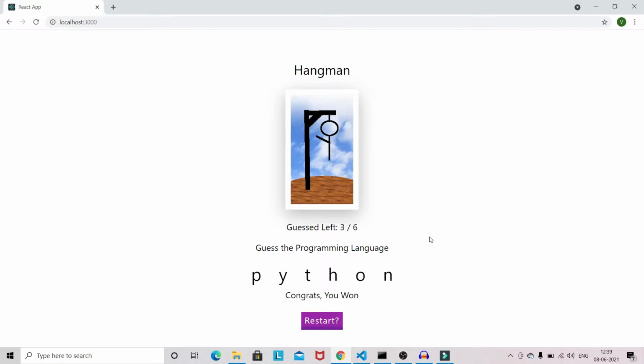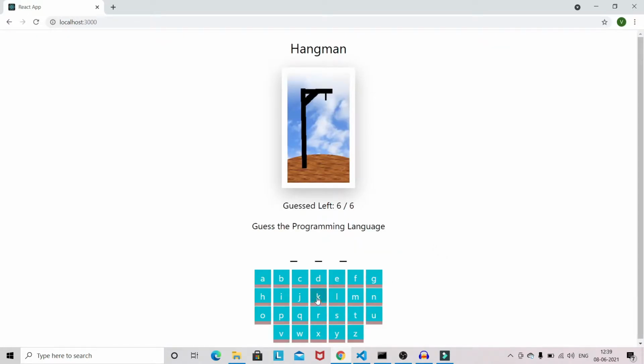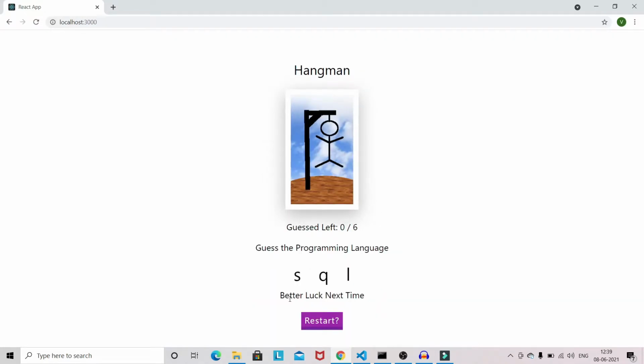Then after that, we have the option to restart. And if you give all the guesses incorrect, the guy will die here. Actually, it's going to hang if all your guesses are wrong. So we got the message, better luck next time, and we got the answer also.